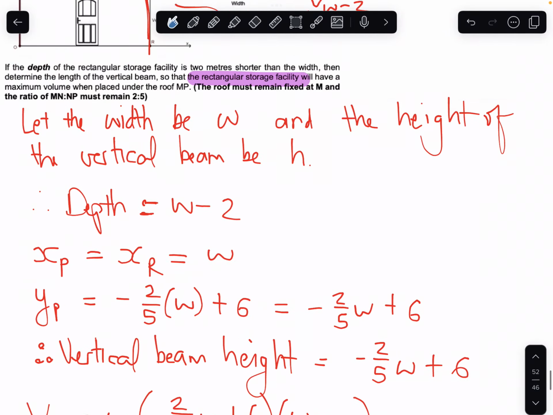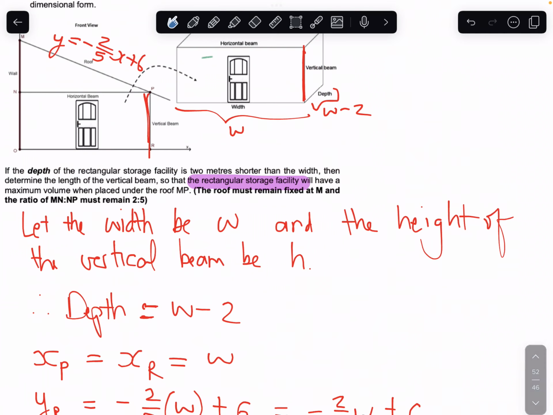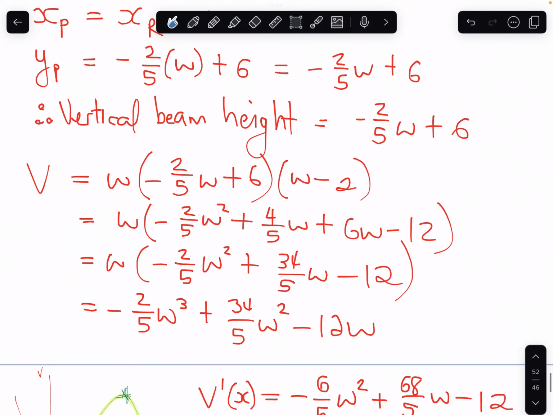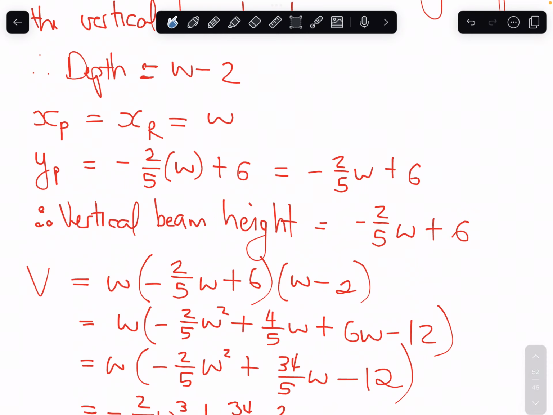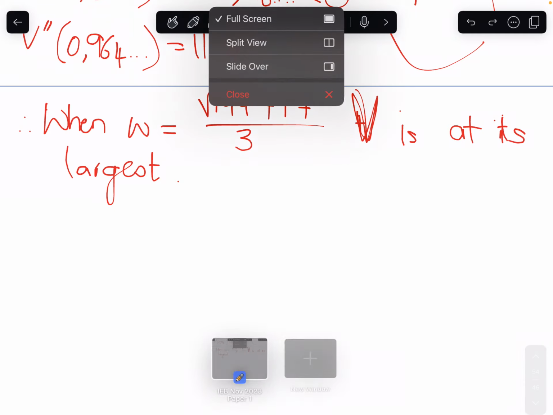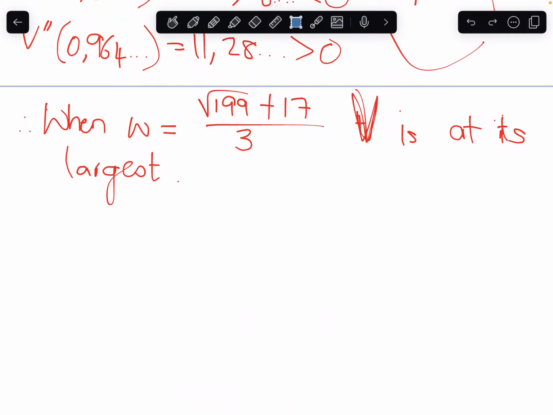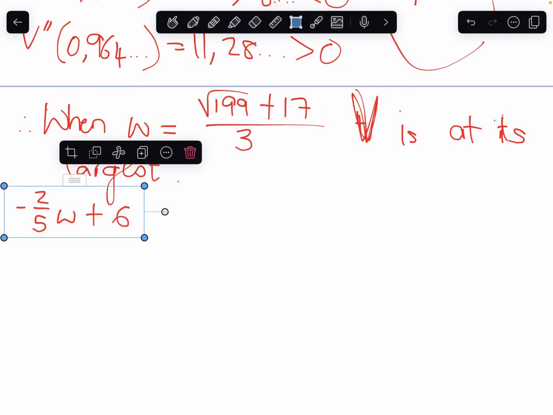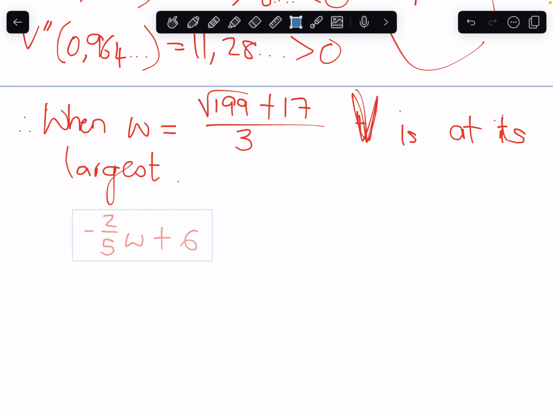We need to determine the length of the vertical beam. Okay, and remember the vertical beam, the expression for that height is this. Okay, so let's just take this over, copy to where we found the W that maximizes the volume. Oh, okay, right, paste. Okay, so beam height,